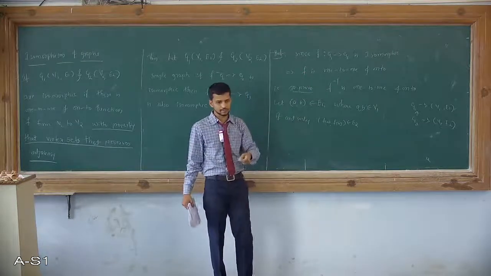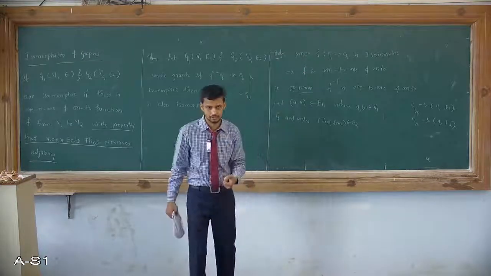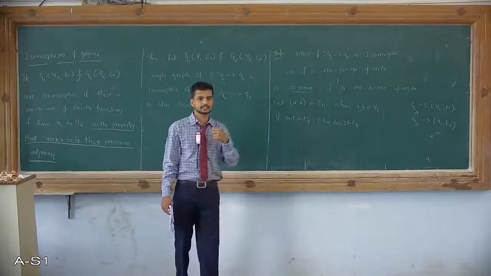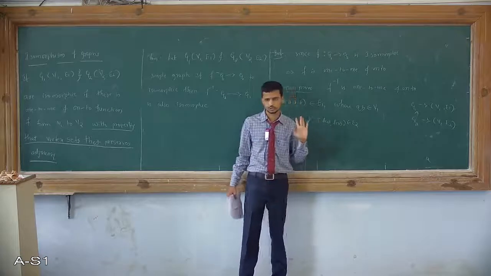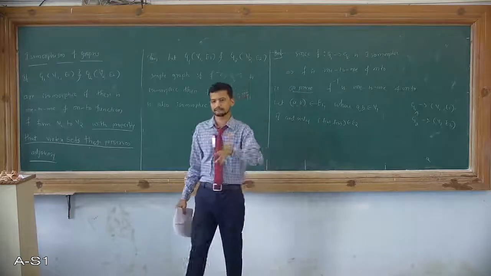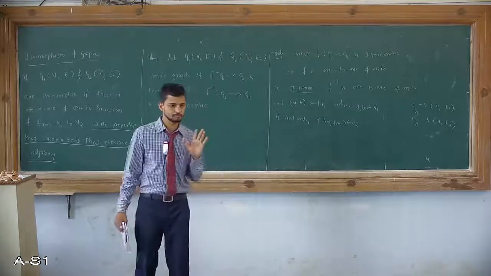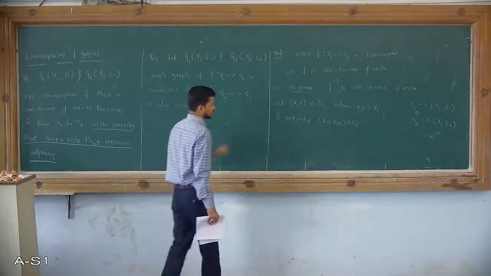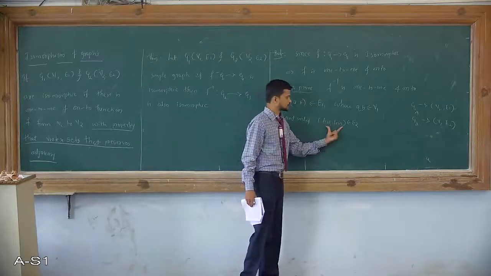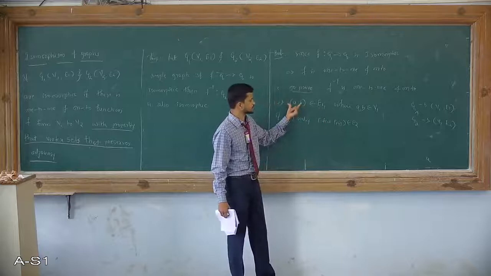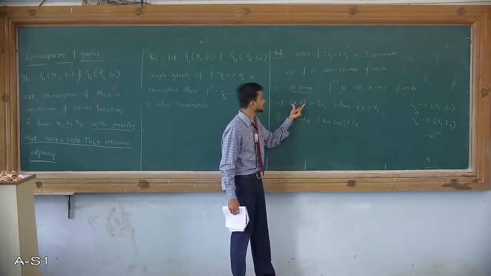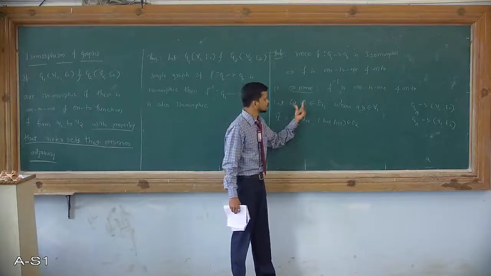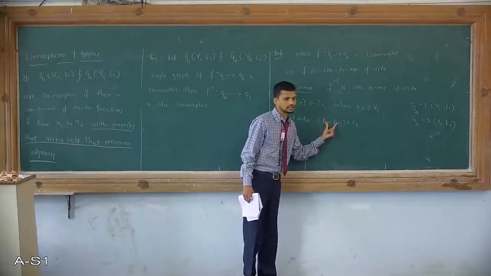That's why I said in the previous example, adjacency is preserved. If A and B are adjacent in graph G1, then F(A) and F(B) are adjacent in G2. In other words, (F(A), F(B)) belongs to E2. The 'if and only if' is important here. It is not one way. If they are adjacent in graph G2, the corresponding vertices are adjacent in G1. If two vertices are adjacent in G1, the corresponding vertices in G2 are also adjacent.